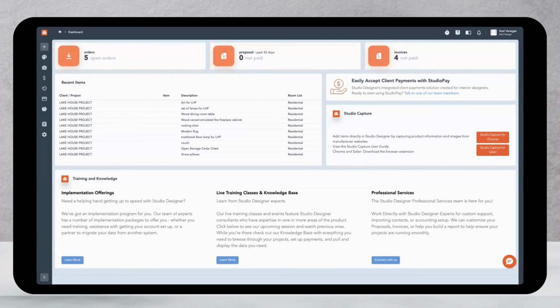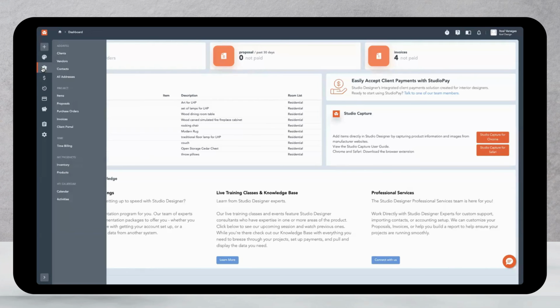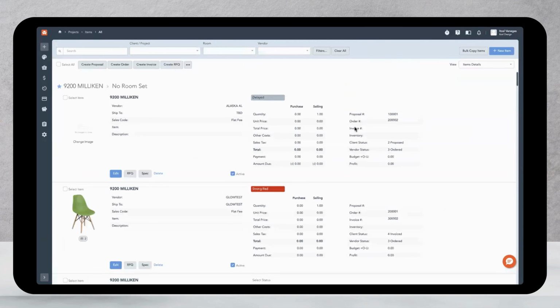To begin, you'll navigate to Projects, then Items from your main menu. You can now view and manage all your project items in one place. You'll use the filters at the top to narrow down the items you need to update. For example, if you need to adjust ship dates for an upcoming install, you might filter by Project, Lake House Project,